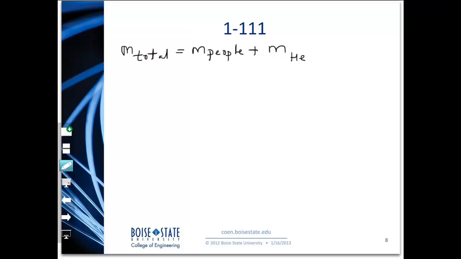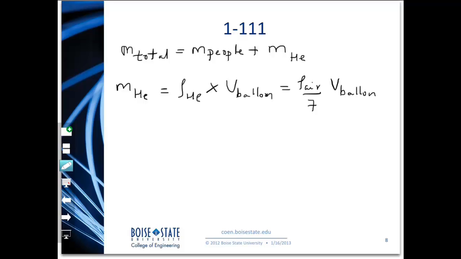And since we know the volume of the balloon, we know the density of helium, we can go ahead and compute the mass of helium as density of helium times the volume of the balloon, okay? And you know that the density of helium is 1/7 of that of air, times the volume of the balloon, right? So if you do the math here, you'll get